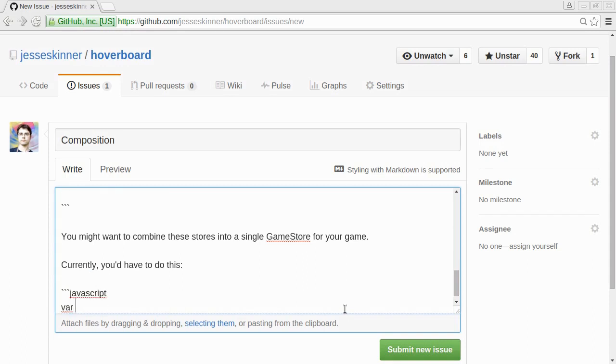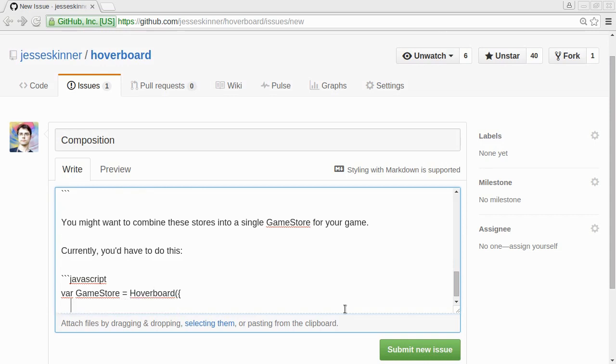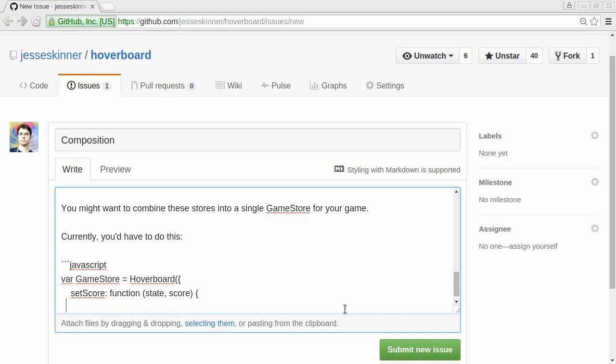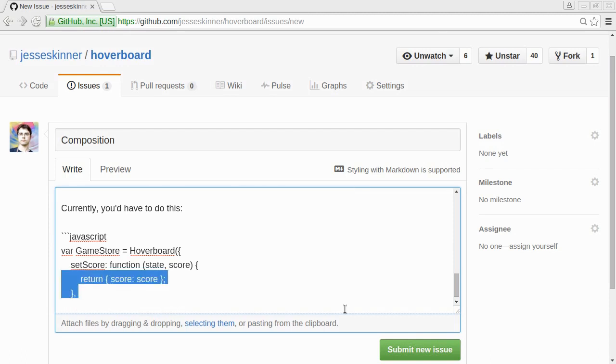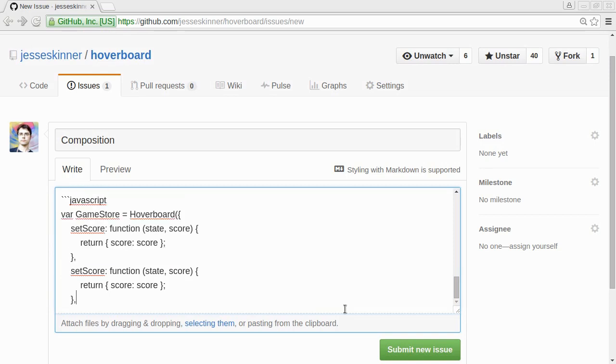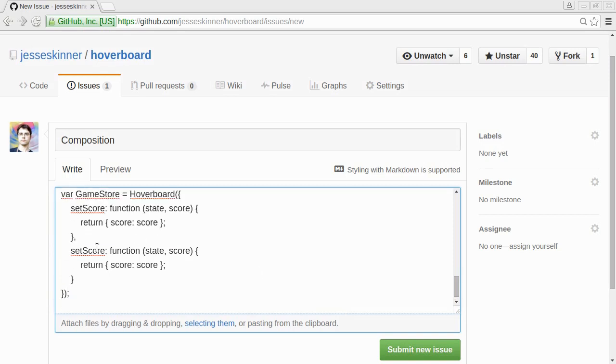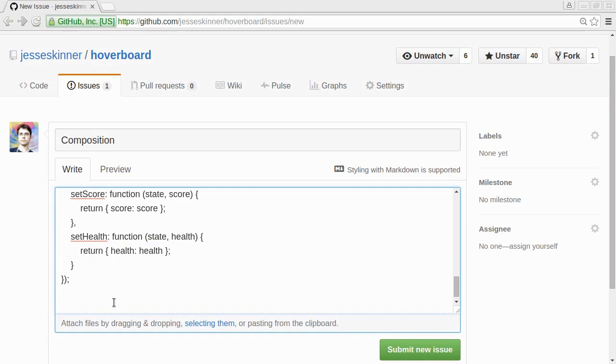So if you had a game store, we'd need a way to set, we'd have a set score, return score, and then I'll just copy this, and then you'd have set health, health, and then you'd have to subscribe